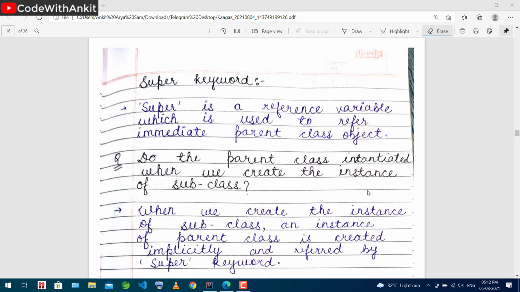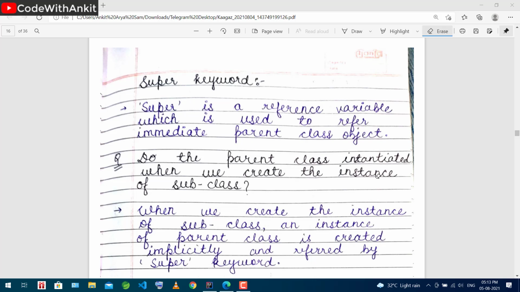Okay, so let's start. First of all, a question: what is the super keyword? If you are learning something, then you ask a question, right? Suppose I show you my mouse and my keyboard and you don't know whether it is a mouse or a keyboard. You will ask, what is in your hand? What's this? So first of all, let's clear in your mind what the super keyword is and what the meaning of the super keyword is.